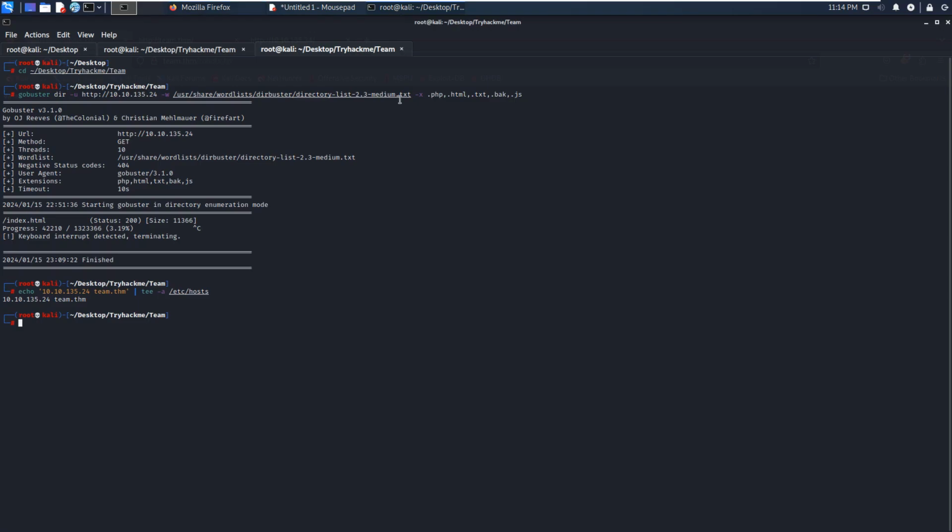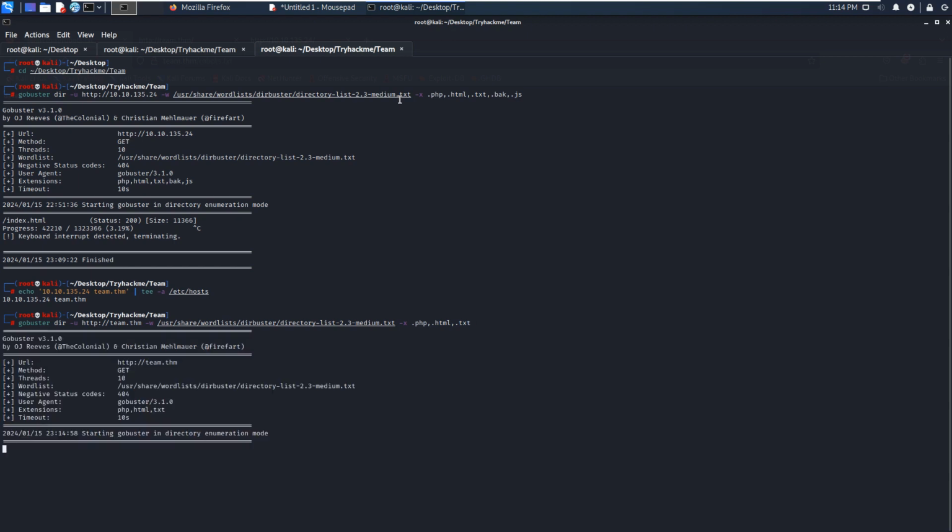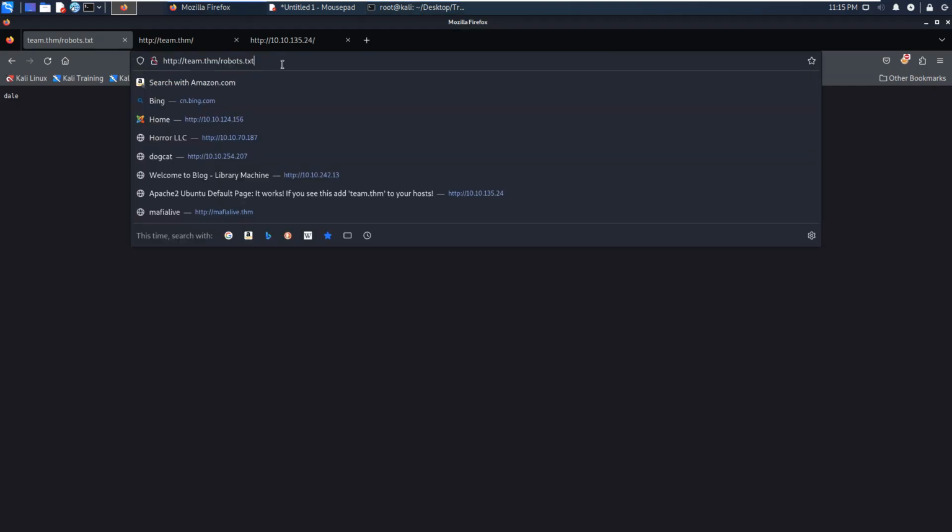Next, we can use GoBuster to do the directory enumeration for the domain name team.THM. And we can use the same word list, GoBuster directory text. Okay, something like this. We just press enter. As you can see, we got a different result, a different directory like images. We can manually check